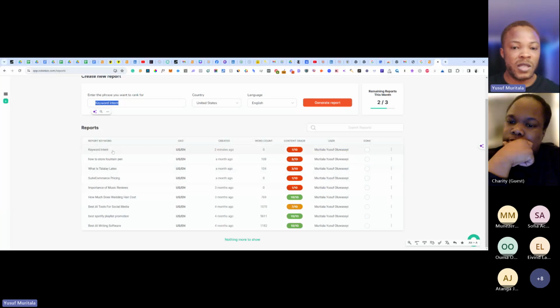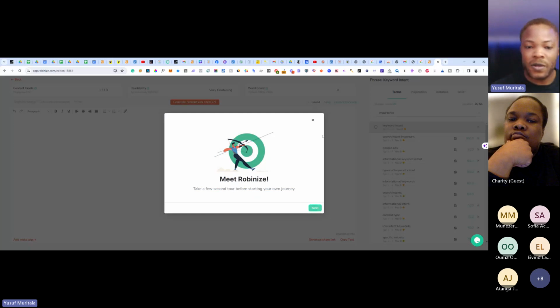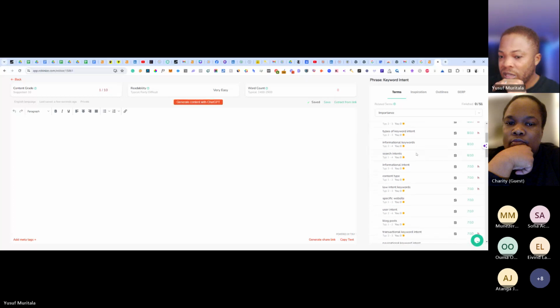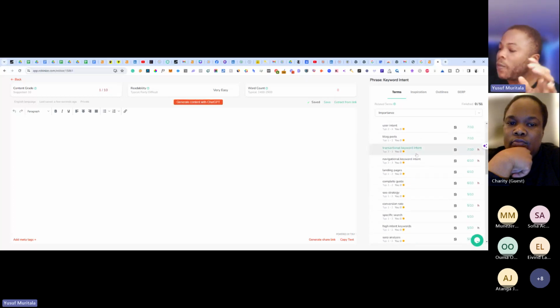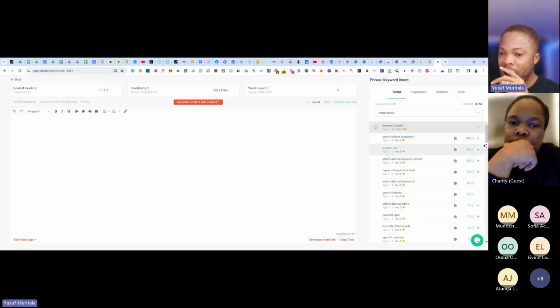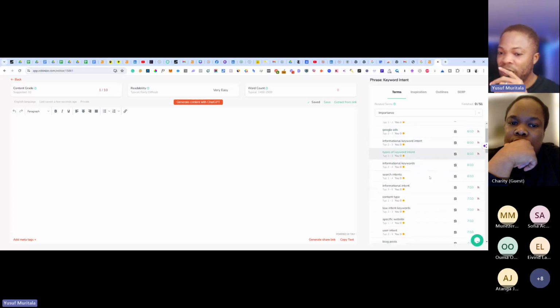So now the content is ready. So the analysis, sorry. So now you can see the dashboard here. So it says terms. These are words that the top 10 content on Google are using accurately on their content. So we can see Google ads, search intent importance, type of keyword intent.